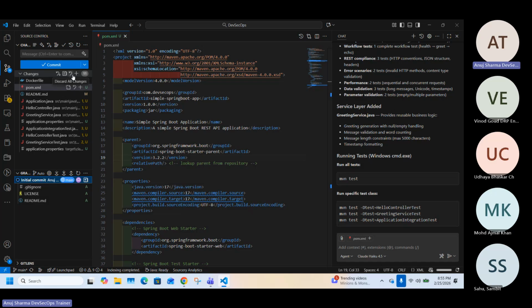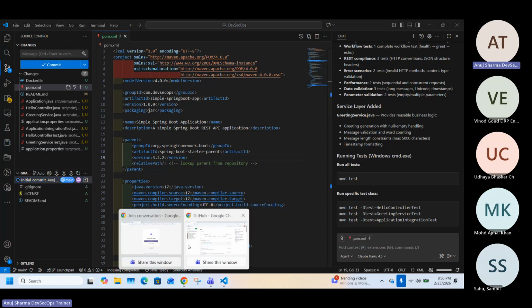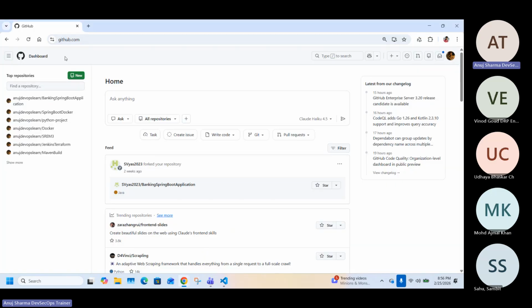You have an option to stash or discard all changes. If I don't want to take all these changes, I can simply say discard whatever changes I have done. You can also discard upon an individual file. When I scroll down, you have an option to discard them also. We have an option to open the file. We have an option to stage the changes, because I want to preserve the changes. Right now I have only modified the code base, but if I want to commit them permanently, how? The way they have done it on this particular platform over here,